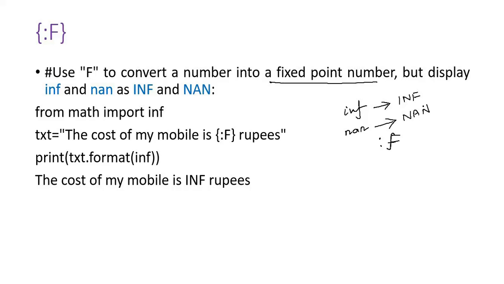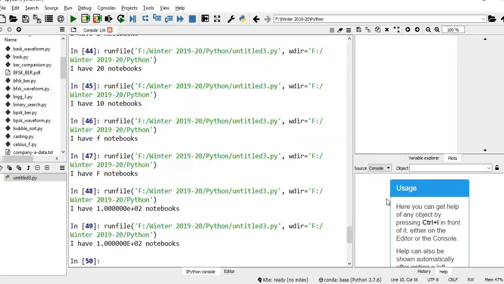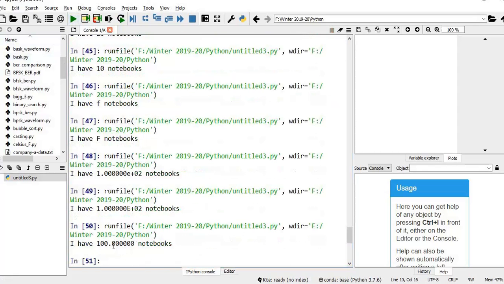Say for example, let me use capital F. So we know that it is representing a number in fixed point. So you have 6 decimals.